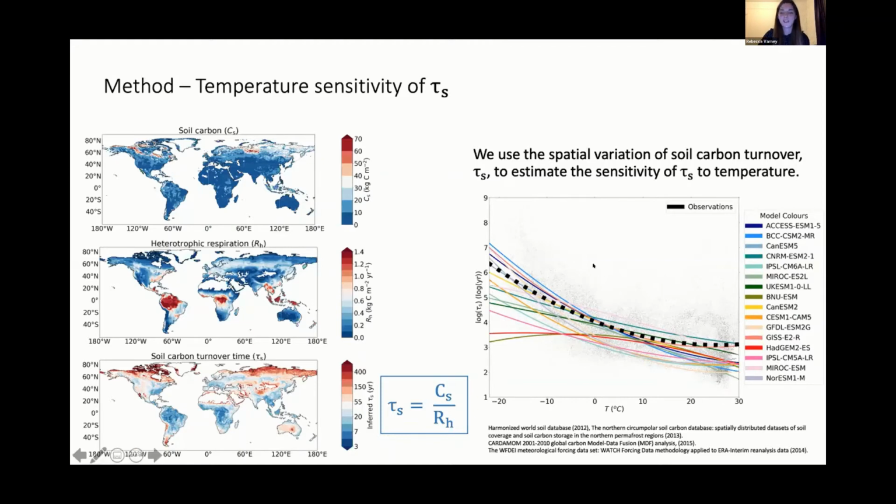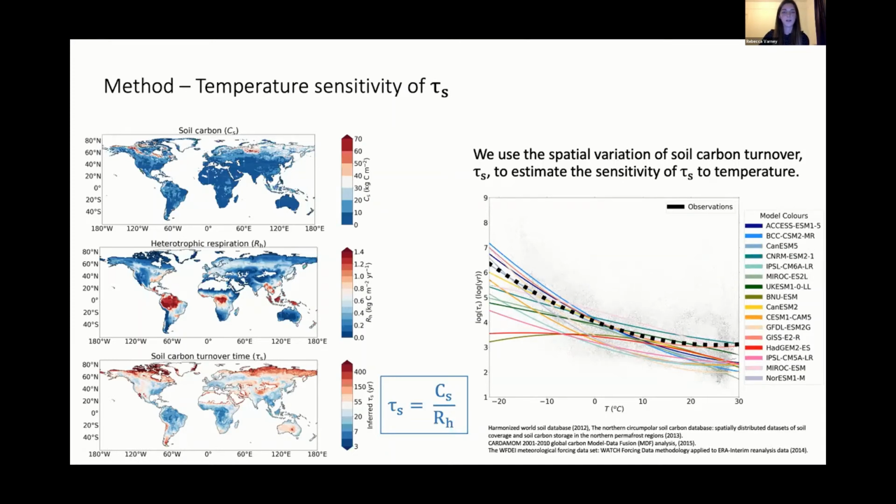And we can actually do the same thing again, but using each of our Earth system models. So we plot, we find these quadratic relationships for the spatial temperature sensitivity of soil carbon turnover. Each model is plotted here using these colourful lines. So you can see that there's quite a lot of variation between the models themselves and then the models compared with the observations, which you can suspect is part of the reason for this uncertainty in the subsequent change